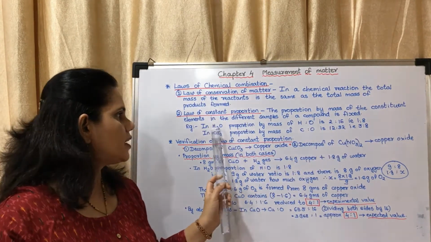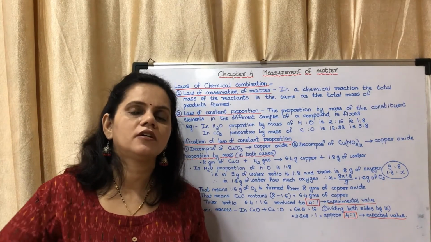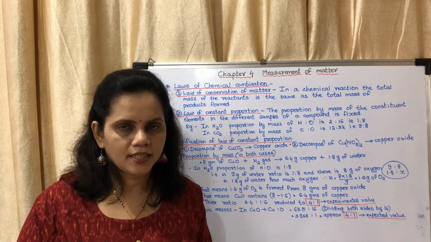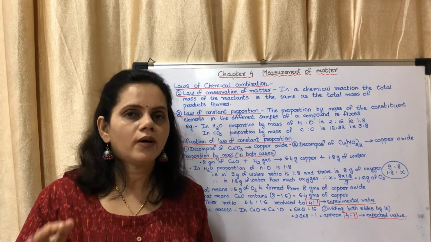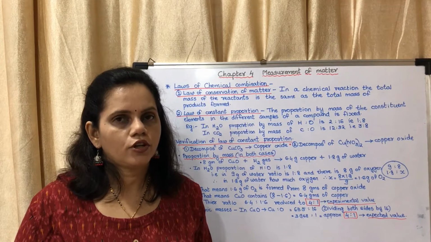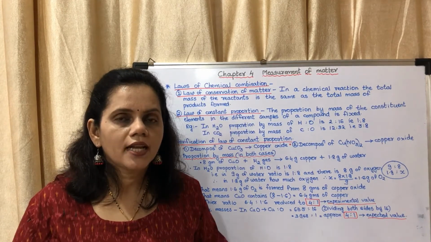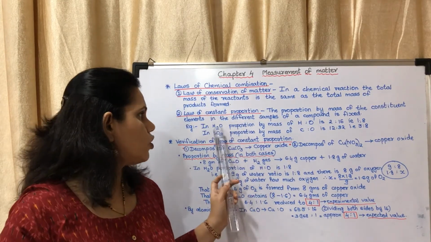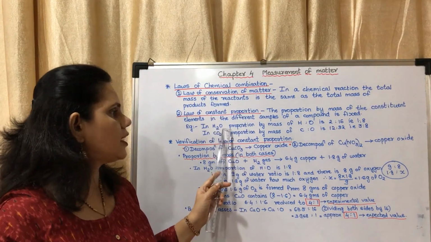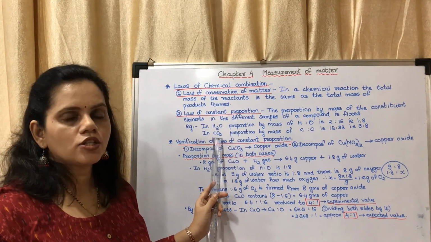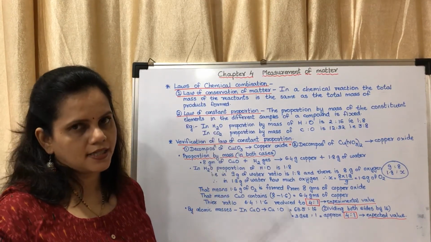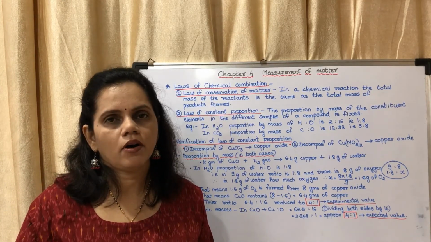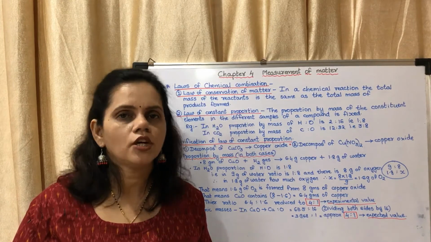Okay, so if you take a water sample from here, or a water sample from somewhere else, both are water samples. In both the water samples it is H2O, so it is in the ratio 1:8. That is what they want to tell. What do they want to tell? The proportion of constituent elements. Here, what are the constituent elements? Hydrogen and oxygen. Here, what are the constituent elements? Carbon and oxygen. So the proportion of constituent elements remains the same always. That is law of constant proportion.